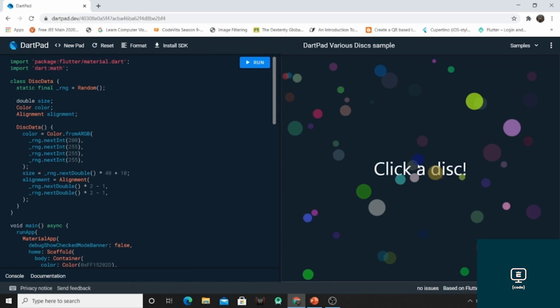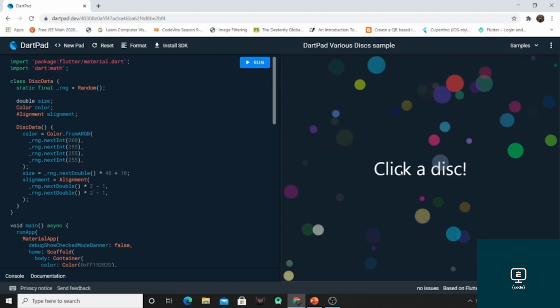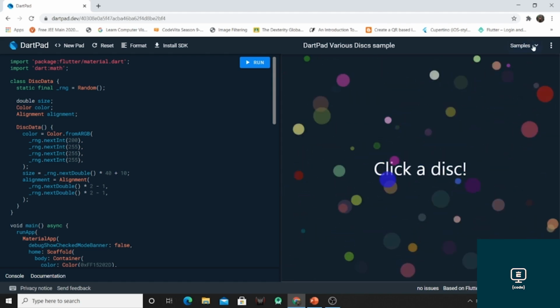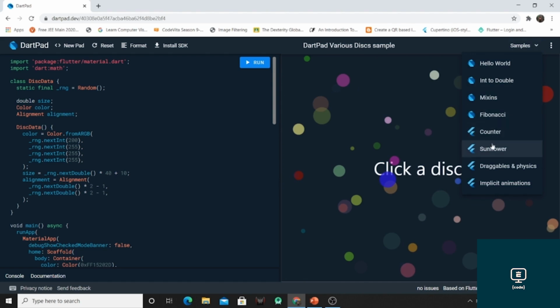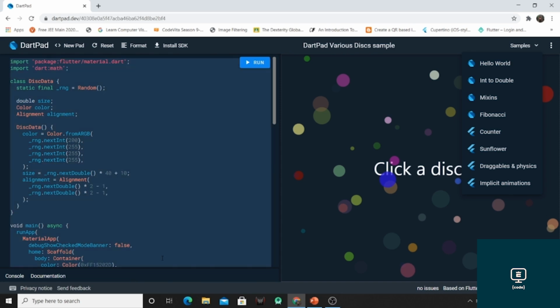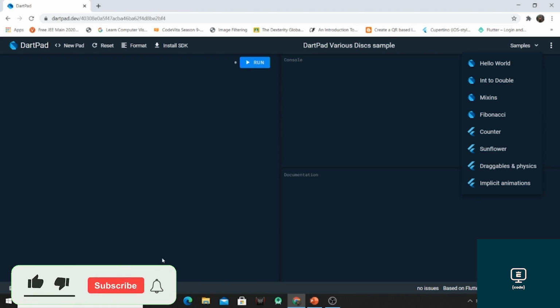On clicking this, the circles will be animated. So this is the animation program. Other than that, you can also run the different predefined examples that are available over here.